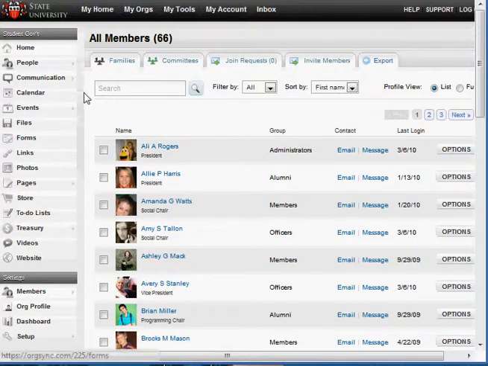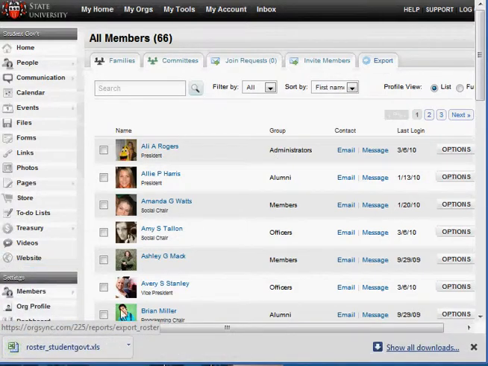Under People, you have the option of also inviting people. As an administrator, you get these extra fun buttons up here on the top. If someone requests to join, it's going to show here. You also get a little ping message to let you know, but this is where you can find them all. You can invite members here, and right here, which is really cool, if you have a national